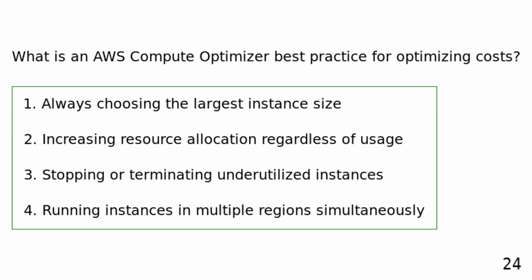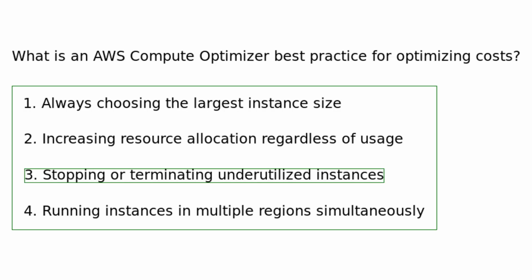What is an AWS Compute Optimizer best practice for optimizing costs? Always choosing the largest instance size. Increasing resource allocation regardless of usage. Stopping or terminating underutilized instances. Running instances in multiple regions simultaneously. An AWS Compute Optimizer best practice for optimizing costs is to stop or terminate underutilized instances, preventing unnecessary expenses on